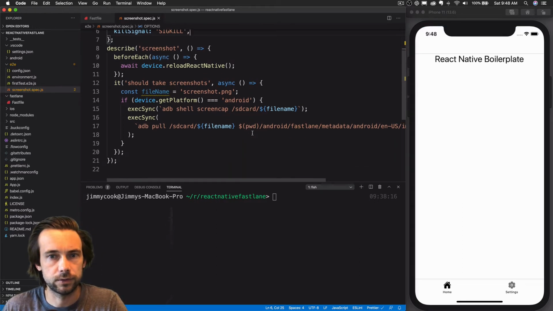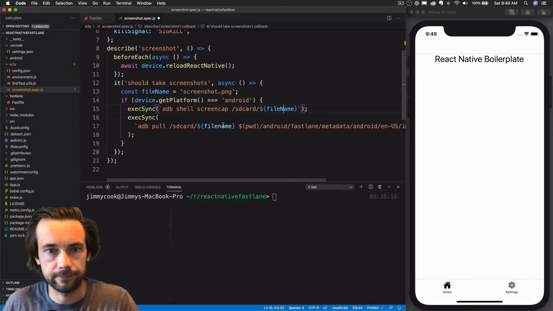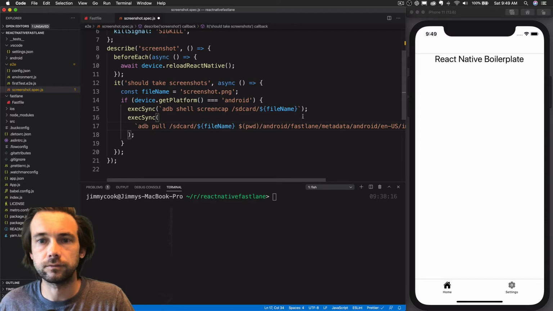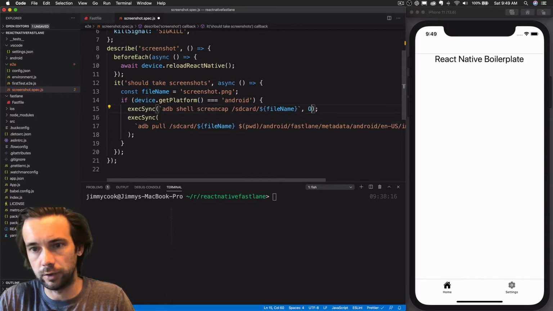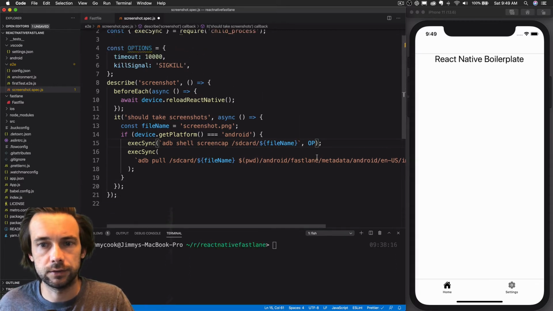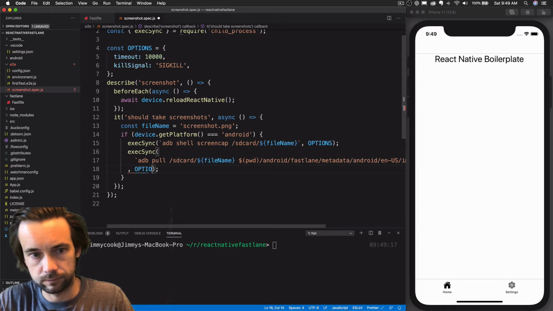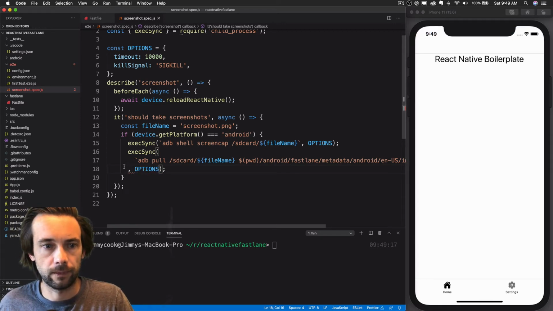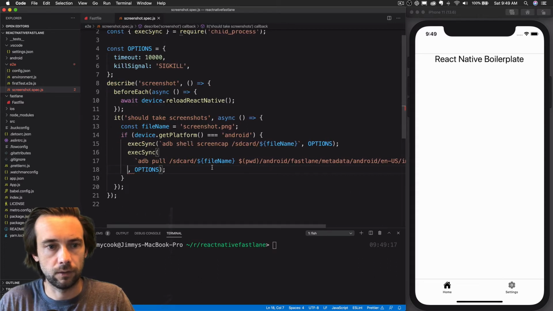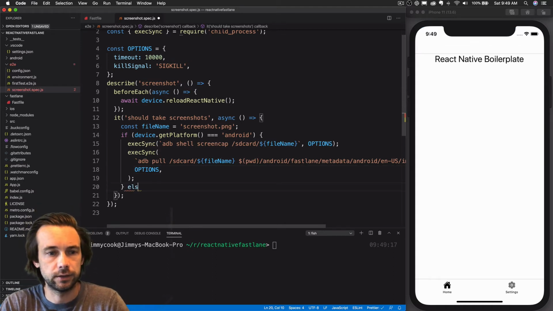Okay, so this file name is wrong. Big N. So we're going to pass the options in here, and also in this one. Okay, so that's Android. And if it's not Android,